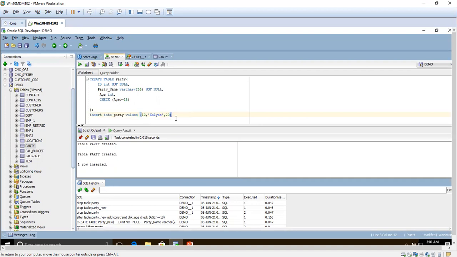One row inserted. Now I have inserted one row with the age 20. Let me try to insert one value which contains the age 17. Now it should throw an error.